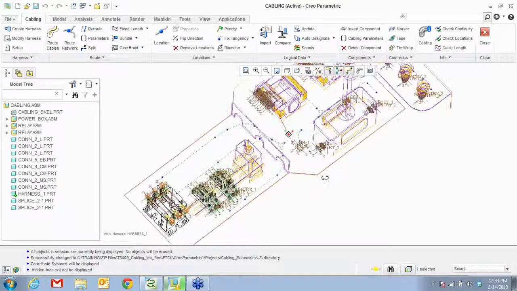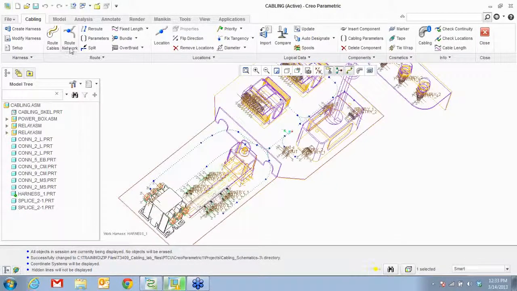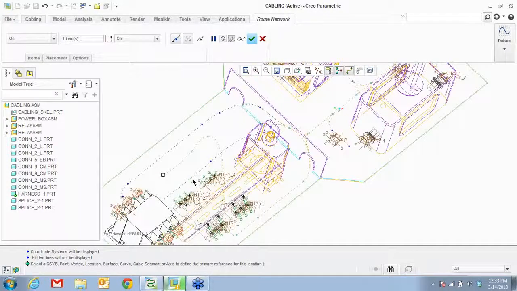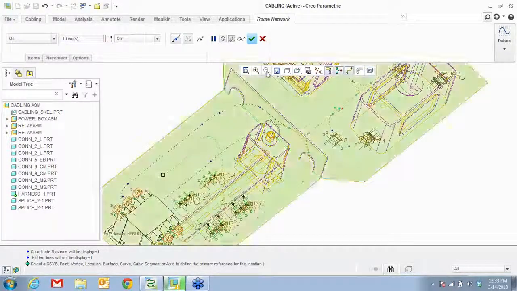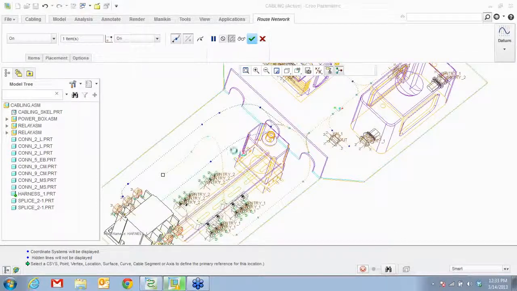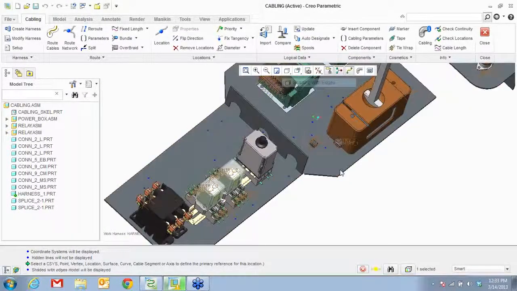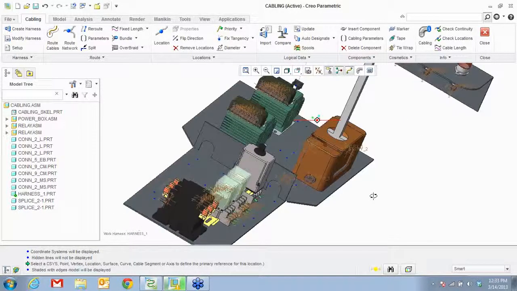Okay, so I just created some sketches. They basically just go, you know, pick, pick, pick. As simple as that, and create a network. Right? So that's how we created this network, and we'll go ahead and start routing our